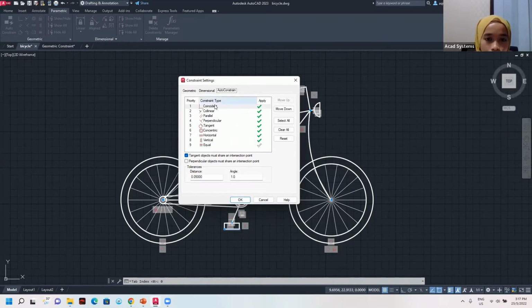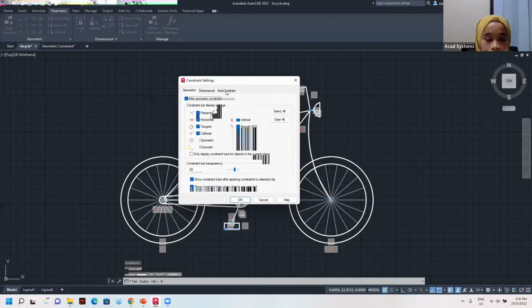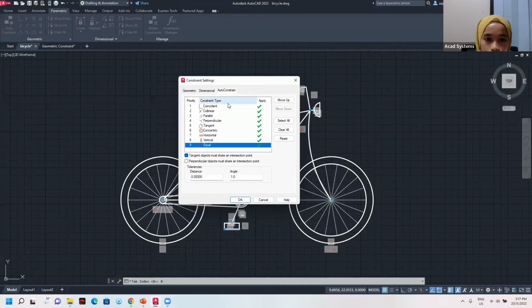For example, I want to use this and this and this, and you can also enable or disable them. Let's say for the auto constraint, you just want to use coincident, collinear, and parallel. You can uncheck the others, right? Let me turn them back on. And also, if you want to prioritize some constraint type, let's say you want to prioritize the concentric, you can click on that